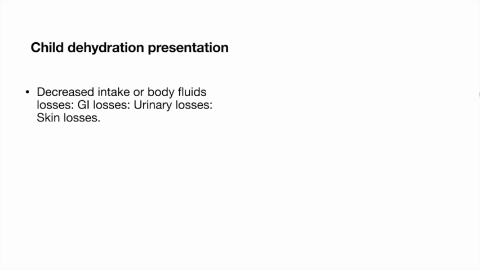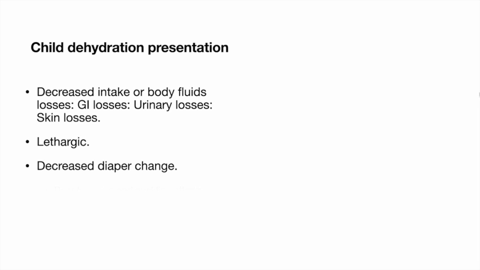newly diagnosed diabetes type 1, or skin losses, either from burns, which is clear and obvious from the presentation, or from fever. And as we know, an increase in body temperature above 37.5 degrees Celsius predisposes a child to lose up to 250 ml every hour. So we have to be mindful about skin losses with fever, and we should also ask the parents about lethargy